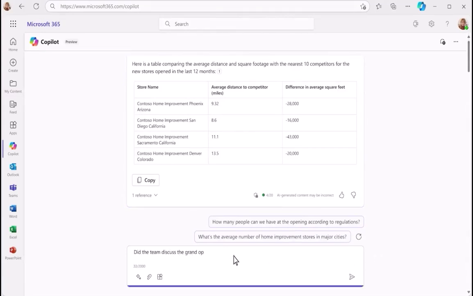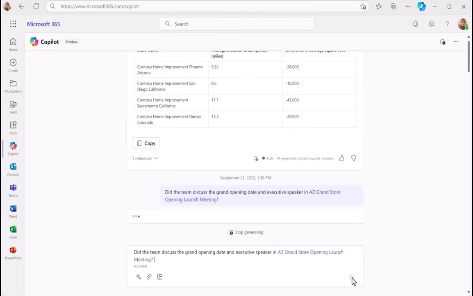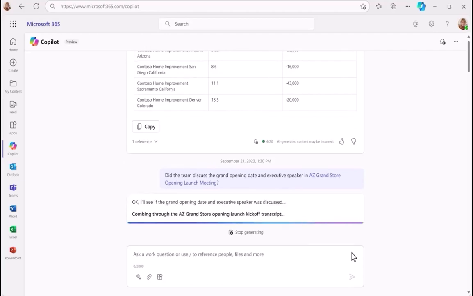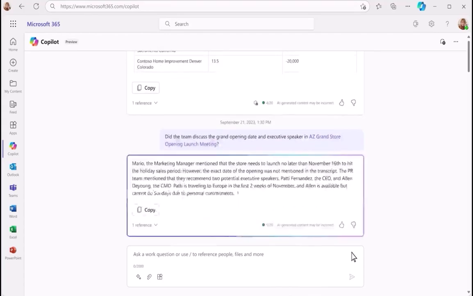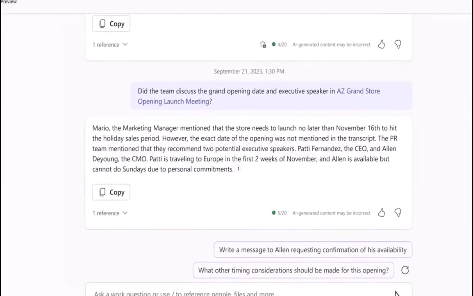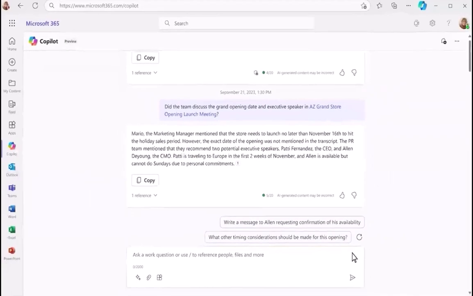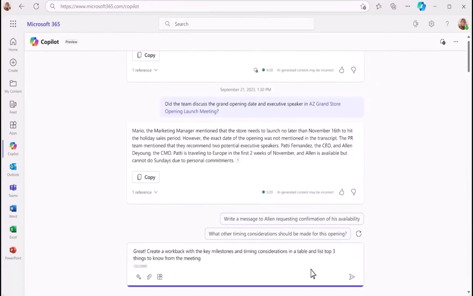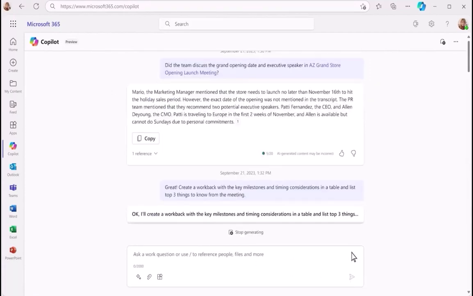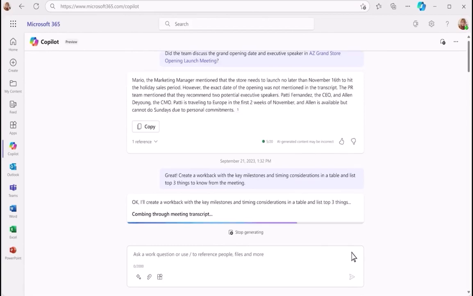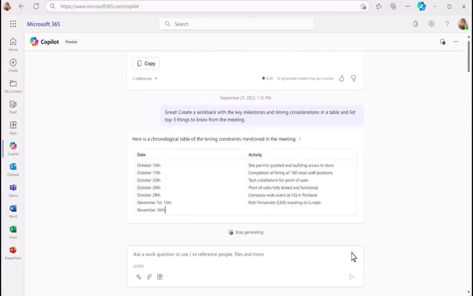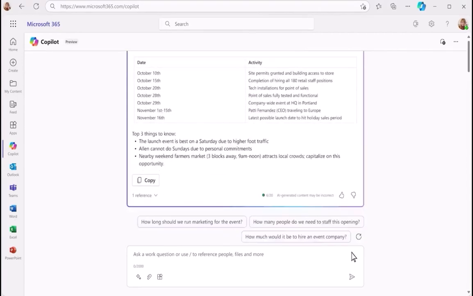Next on your to-do list, finalize the date and speaker for the opening event. You missed the last meeting, and this might have come up in the conversation. Copilot's got you covered, getting you up to speed in seconds. Looks like it was a dynamic discussion, and it's your responsibility to make the final decision. To do that, you need to understand all the factors at play, including the implications they have on your grand opening timeline. Copilot extracts the relevant details and puts them in an organized table, which helps bring the full picture